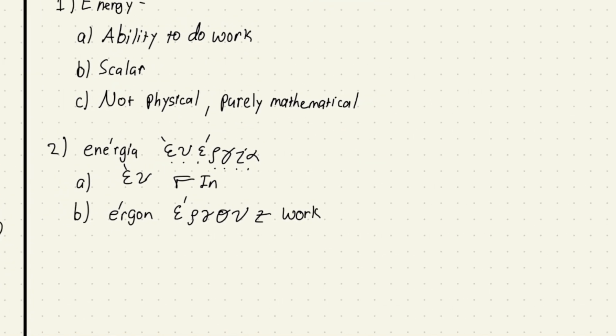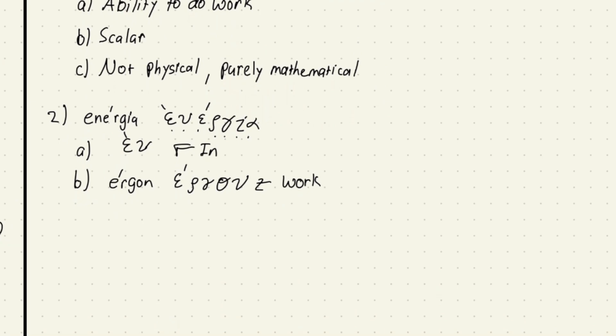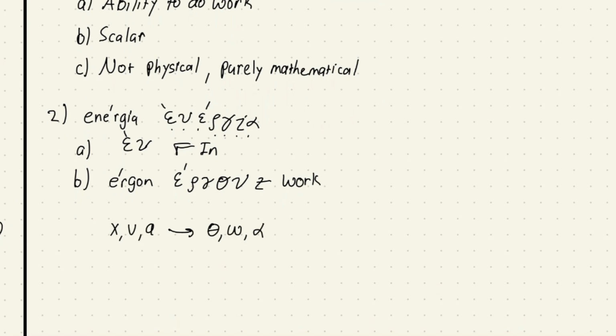A lot of times when we talk about a lot of different naming systems, we'll use a Greek name for something and then a Latin or an English name for something else, and those two things will be very closely related. One of the classic examples I like to use is rotational motion. We've talked about position, velocity, and acceleration. When we go to talk about rotational motion, we'll talk about position, theta, velocity, omega, angular velocity, and angular acceleration, alpha. And so these are the Greek letters, these are the English or Latin letters, and they are analogous to one another. But that's another topic for another day.